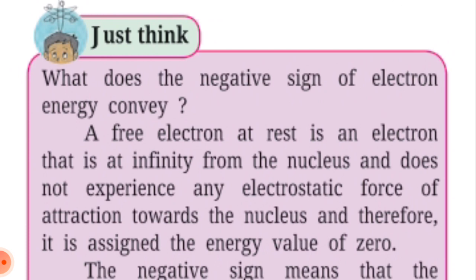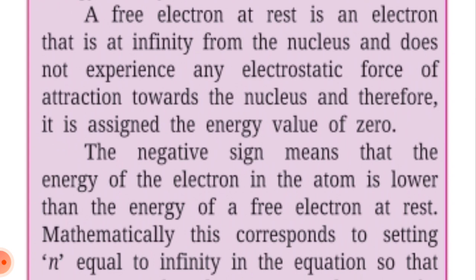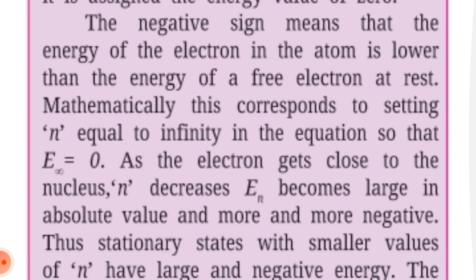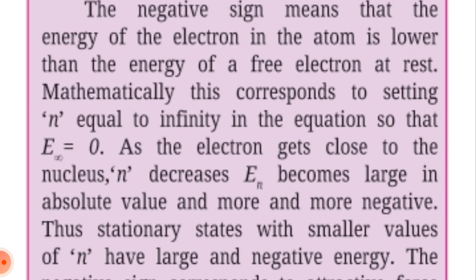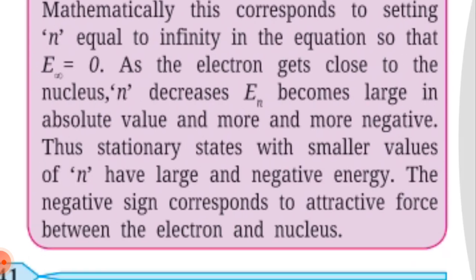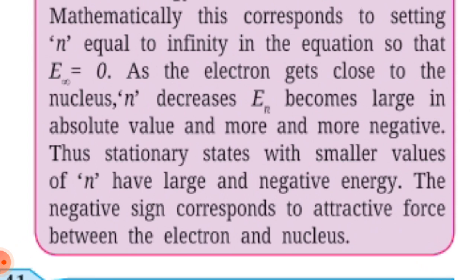Just think, what does the negative sign of electron energy convey? A free electron at rest is an electron that is at infinite distance from the nucleus and does not experience any electrostatic force of attraction towards the nucleus, and therefore it is assigned the energy value of 0. The negative sign means that the energy of the electron in the atom is lower than the energy of a free electron at rest. Mathematically, this corresponds to setting n equal to infinity in the equation so that E infinity